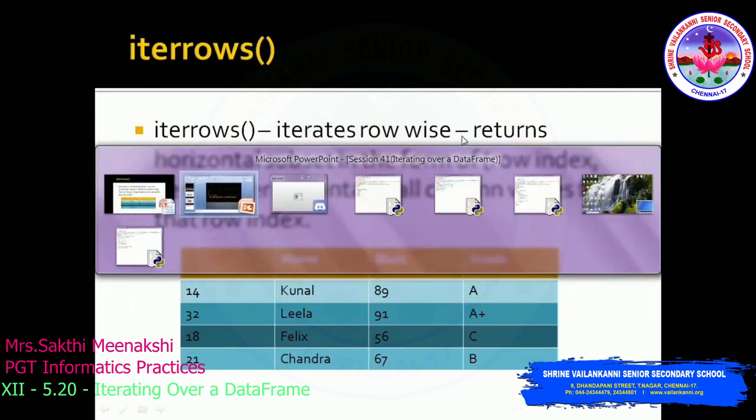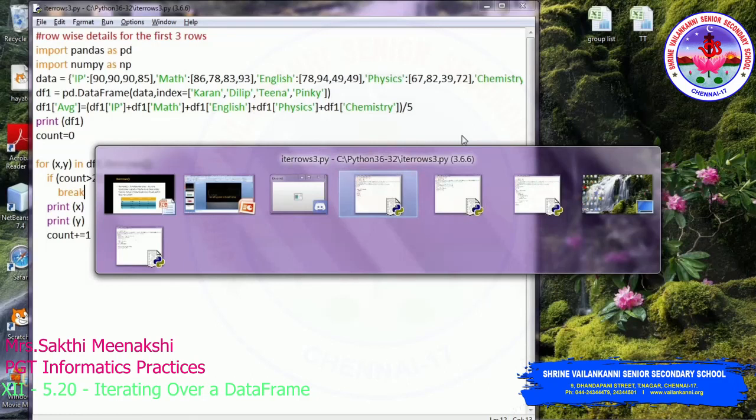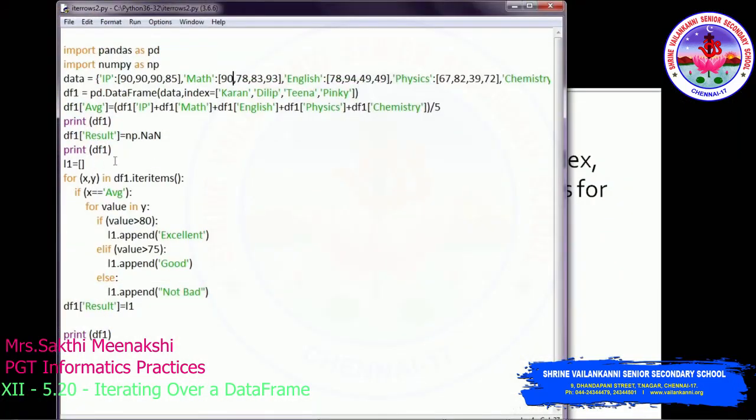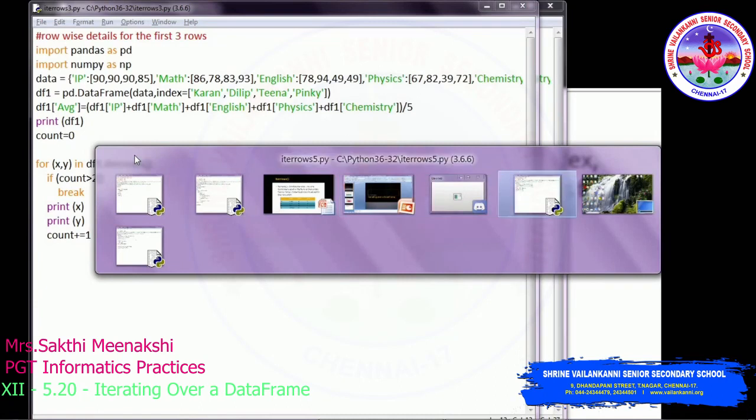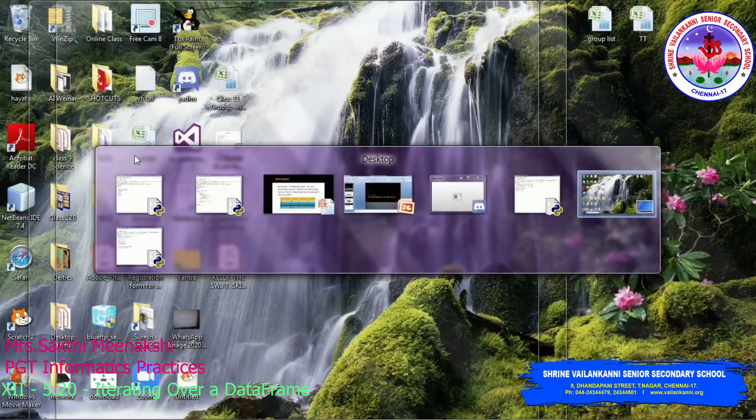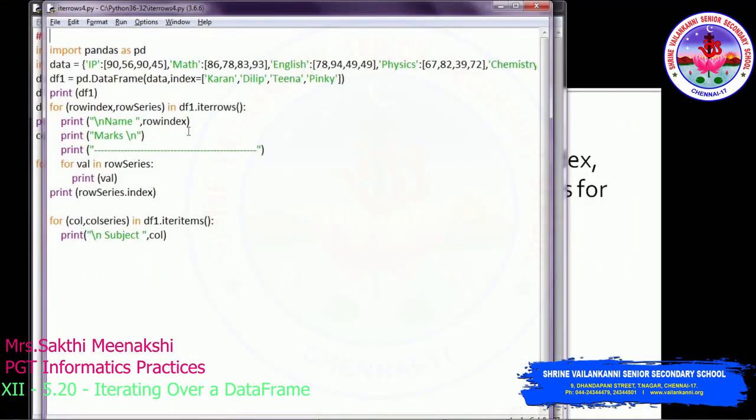Okay. So next one we are going to display how to iterate inside the rows. Okay, so this is our program. Now we know we have index and then series. So how to iterate inside the series? Instead of just returning the whole series, we want to iterate each and every item inside the series. So we have to execute one more for loop.